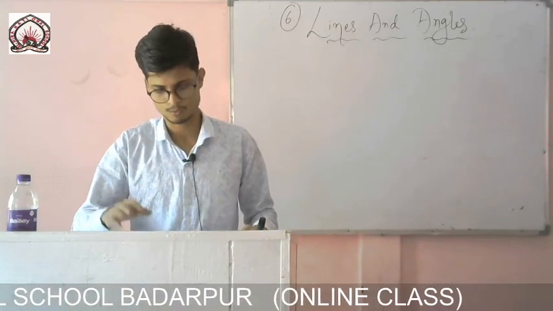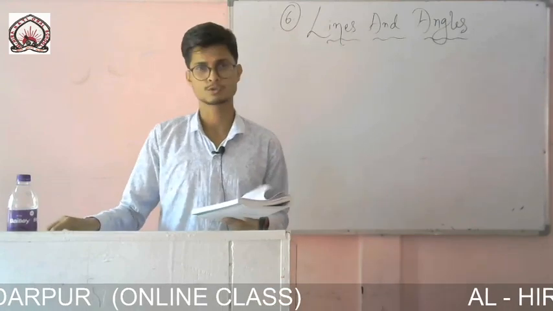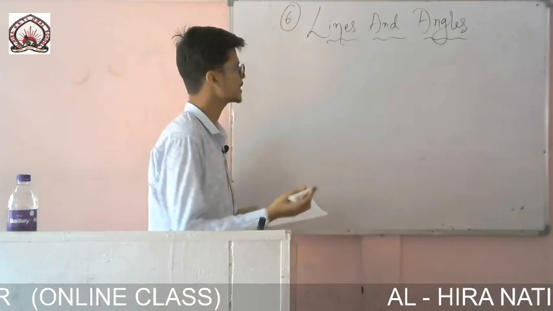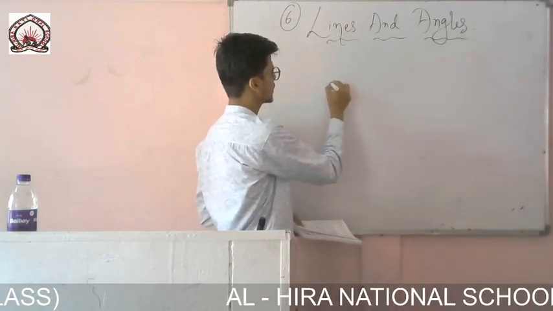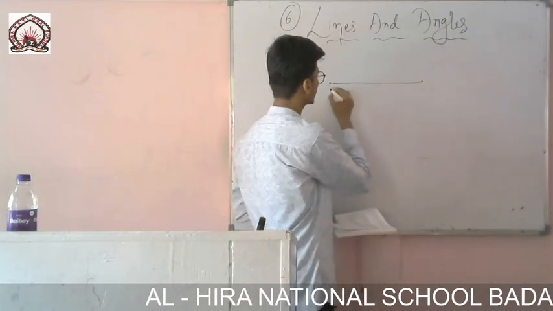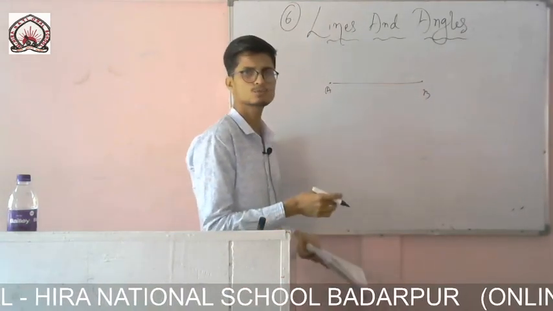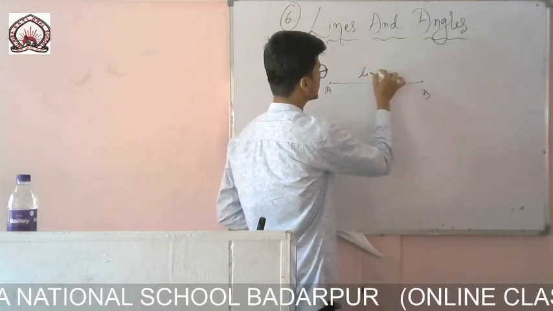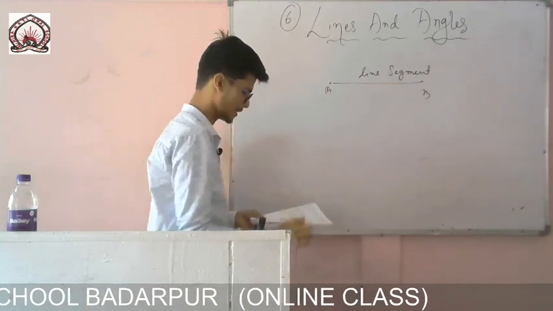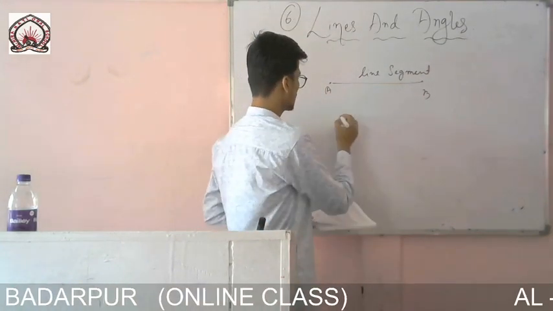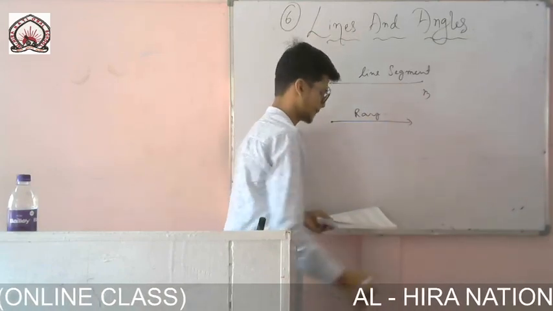First of all, I will try to recall those things one time, so those who have a problem, for them also it will be clear. Okay. So first one, it is a line segment. As you know, if two endpoints are there, A and B, a part of a line having two endpoints is called a line segment. Next one, it is a ray. If one endpoint is there and one side is open, then it is a ray.